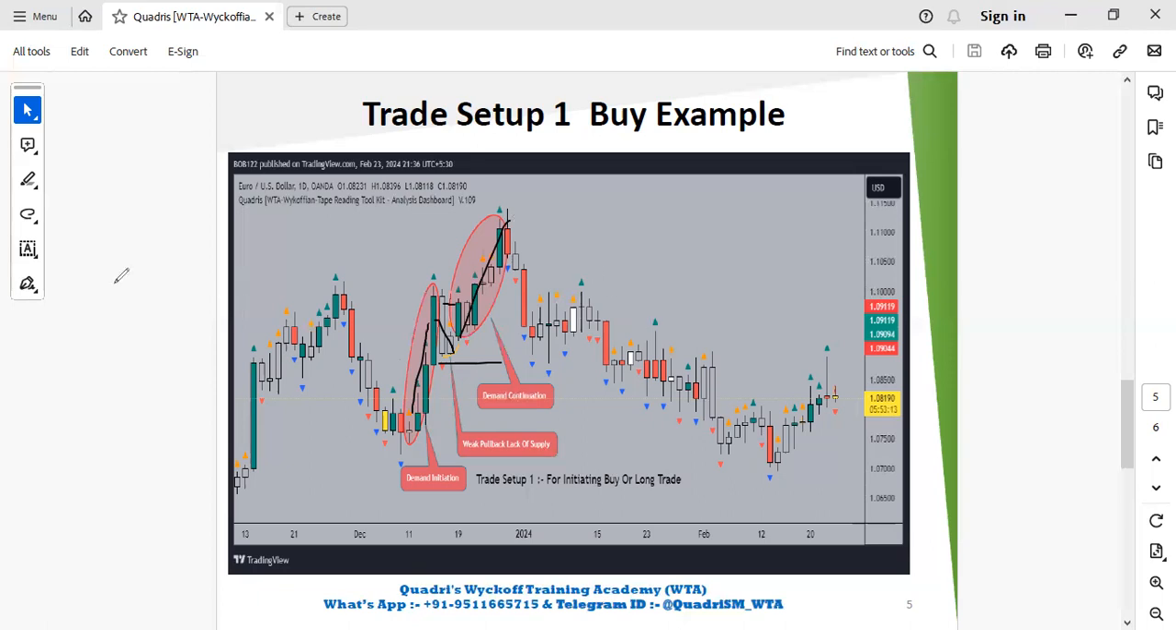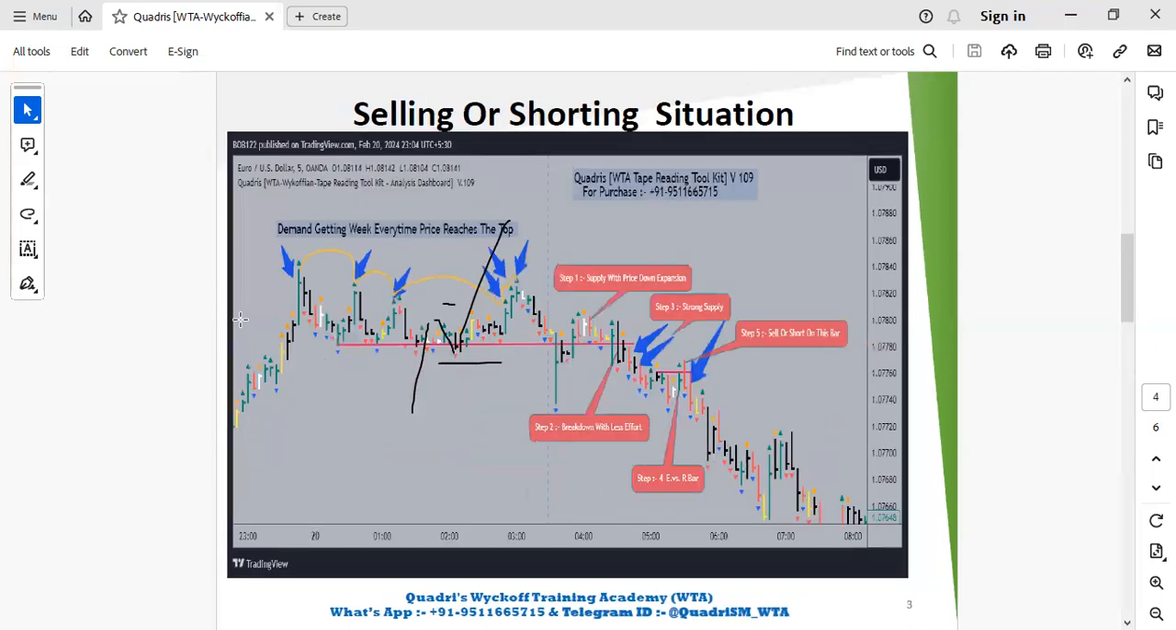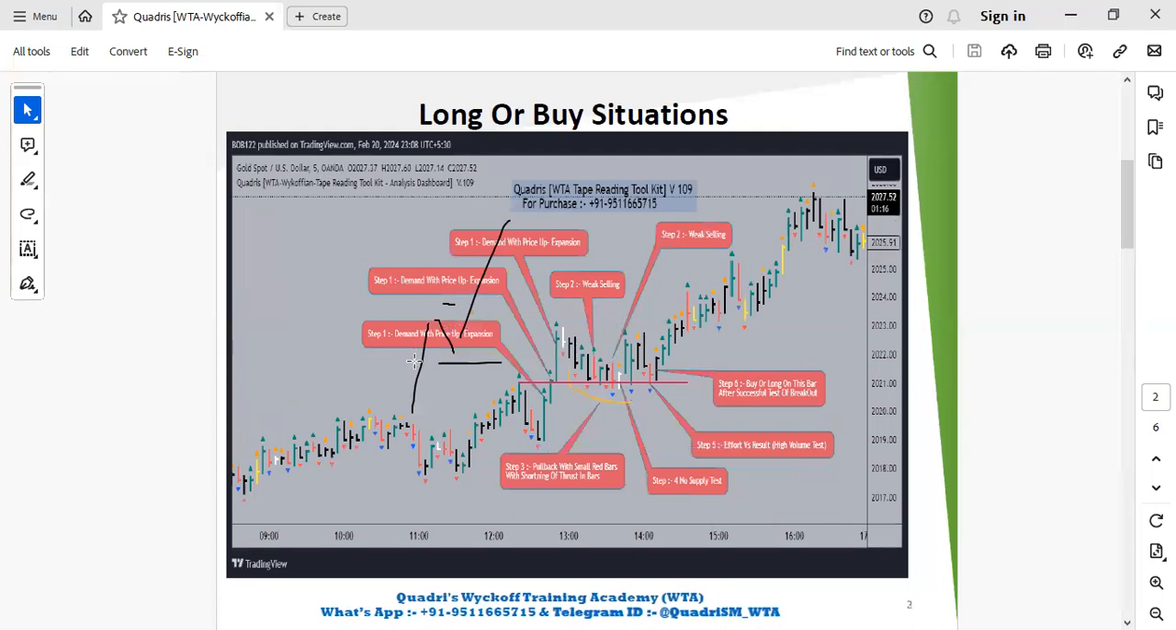So having said that, this is trade setup 1. Now I'll come down to setup 2, which is not that common. This is not an ideal trading situation, because this requires more